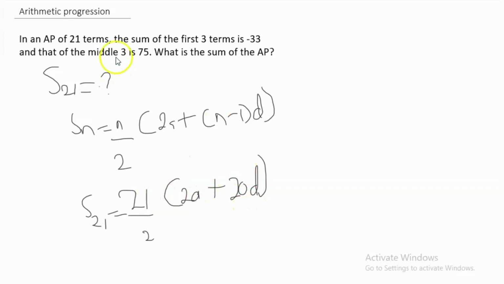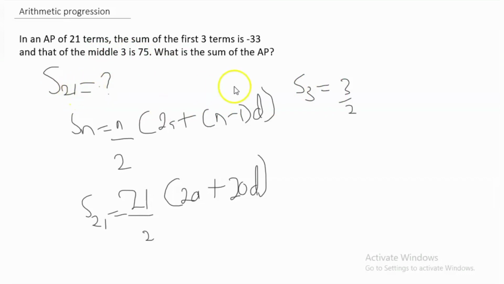Now the way we're going to find that is by looking at the other part of the question. It says in an AP of 21 terms, the sum of the first 3 terms is negative 33. Yes, you may say that you want to do it in this format: S3 is equal to 3 over 2 into whatever. But the reason you can't do it like that is because when you get to the middle 3, you will not be able to do it like this, because I want you to remember that S21 simply means the sum